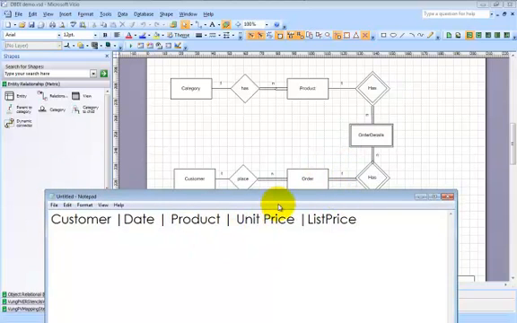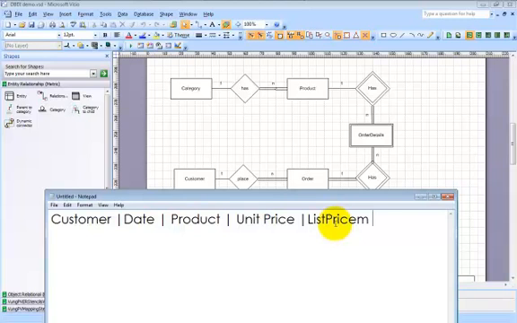We don't want that to change, because day by day the price of the product may change, but the price at the order time will never be changed. So the unit price will never be changed. Okay, so next thing. Next thing, after list price, how much? Then after that,